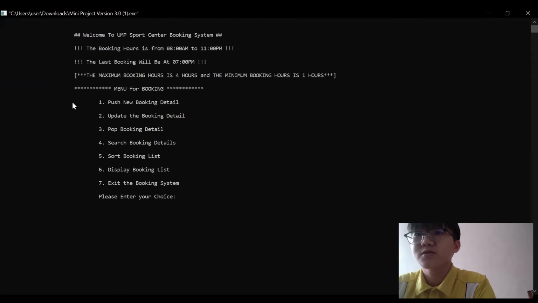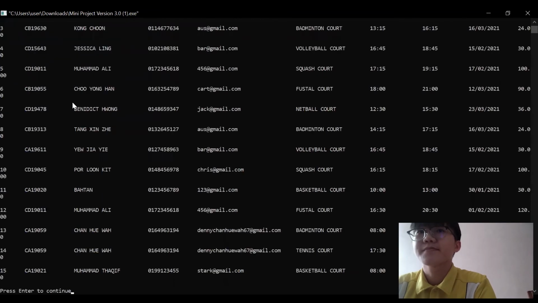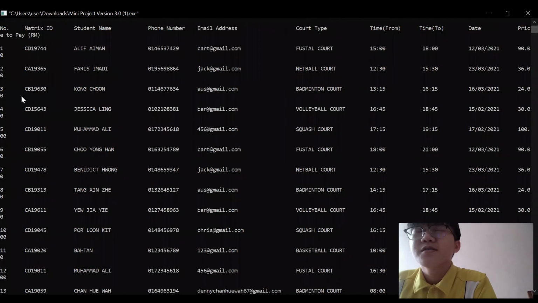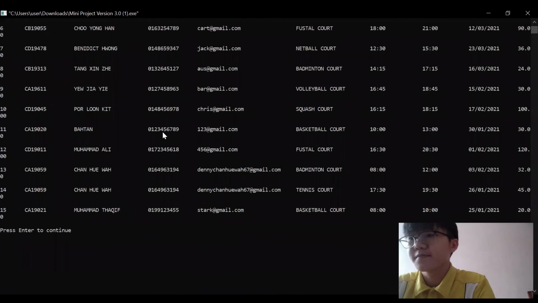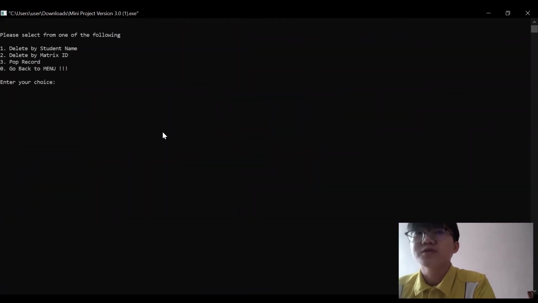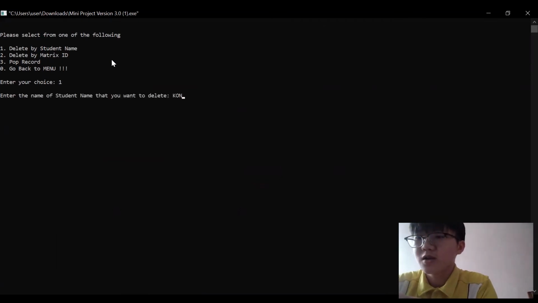Before that, let us go to the display booking list. For the third data, there is a student named Gongjun. So we choose delete by student name and we write Gongjun.